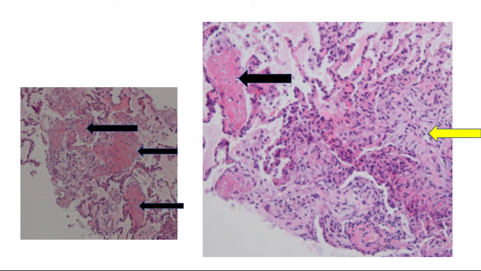The biopsied lung shows intra-alveolar spaces containing fibrin deposition, demonstrated by the black arrows, and formation of fresh fibroblast foci as a sign of organizing pneumonia. This is shown by the yellow arrow. Mild chronic interstitial infiltrate and hyperplasia of type 2 pneumocytes were also shown.